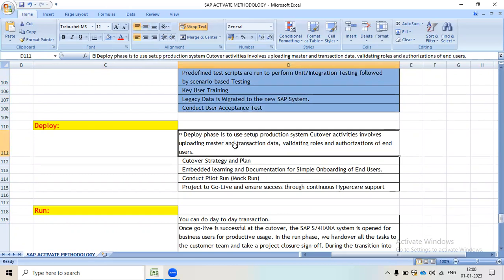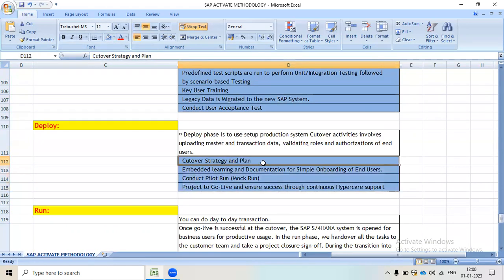Cutover activity involves uploading master data and transaction data, and validating the roles and authorizations of end users. Now the activities: we will perform cutover strategy and planning, embedded learning and documentation for simple onboarding of end users, conduct a pilot run or mock run, then take the project to go live and ensure success through continuous hypercare support. And this is how we complete our deploy phase.